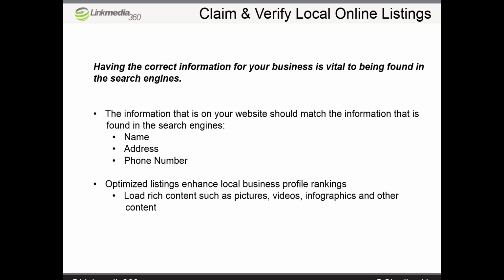Next is a super important strategy that we actively manage for a ton of clients, and that is just managing your local online listings. Having the correct information for your business is vital for being found in search engines. So just like on the web page or the location page you have on your own website,